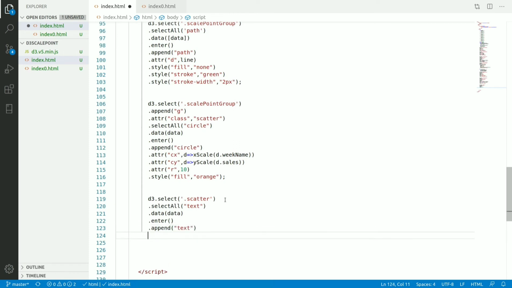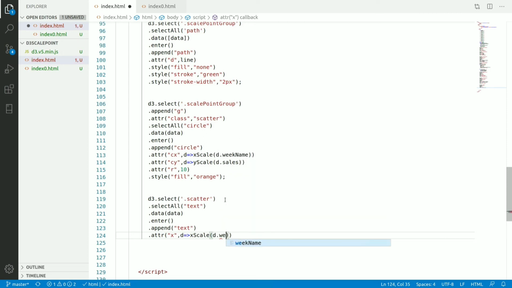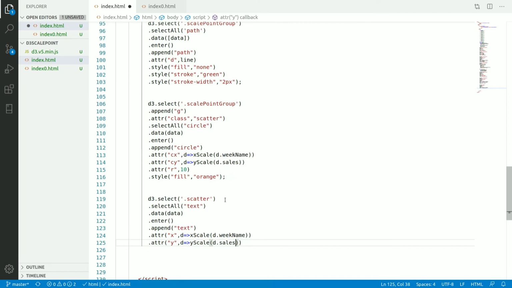text, and for text you have the attribute x that we will pass as xScale of d.weekName, and for y we will pass yScale of d.sales.